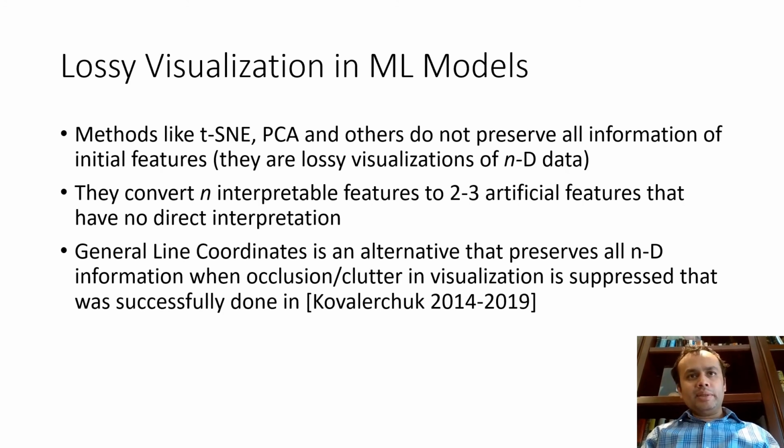So if given n dimensions, they convert them into 2 to 3 artificial features or dimensions, which do not have a direct information in the domain. And so going back to what we illustrated with the GLC methods, we can actually think of that as an alternative where all n dimensions information are preserved, and the information clutter that we observe in these methods, especially if we go to higher dimensions,